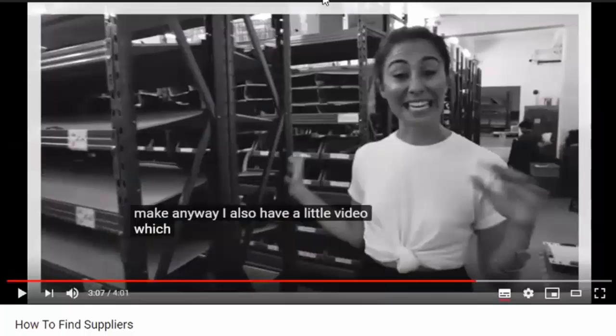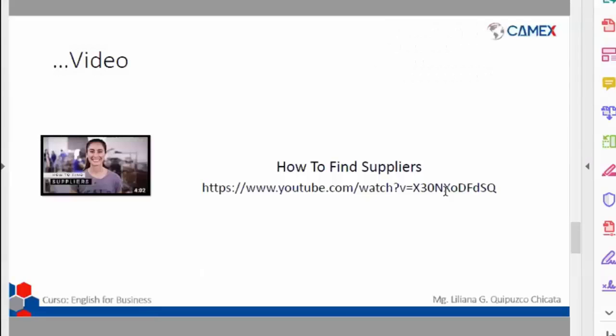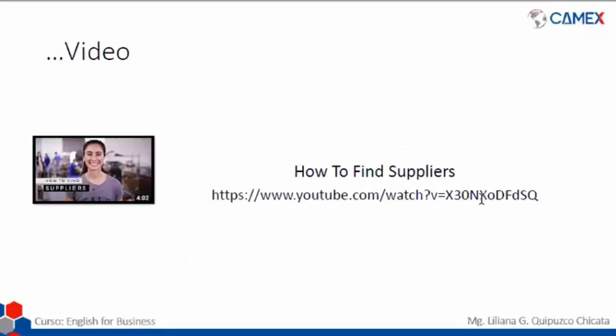Okay, so in here we saw that she was letting us know that there were many ways of finding suppliers. First of all, you can find suppliers if you just go to Alibaba or AliExpress if you want to buy something that is already made. If you want to buy something that is a little more detailed, maybe you can go to a fair. If you want to find something that is really personalized, you will have to go to a manufacturer, right? So depending on the product that you want to import, like I explained to you in the beginning, it will depend who you are going to contact or get in touch with.